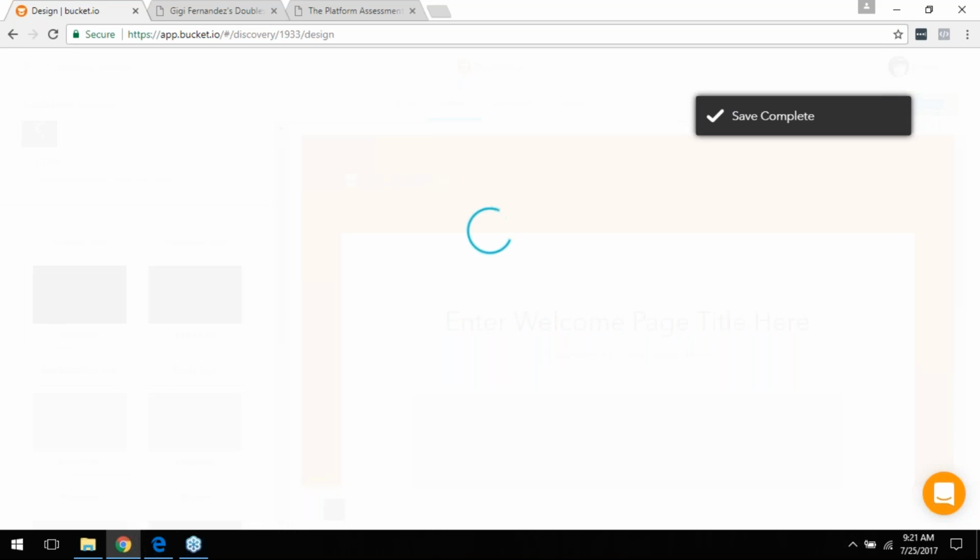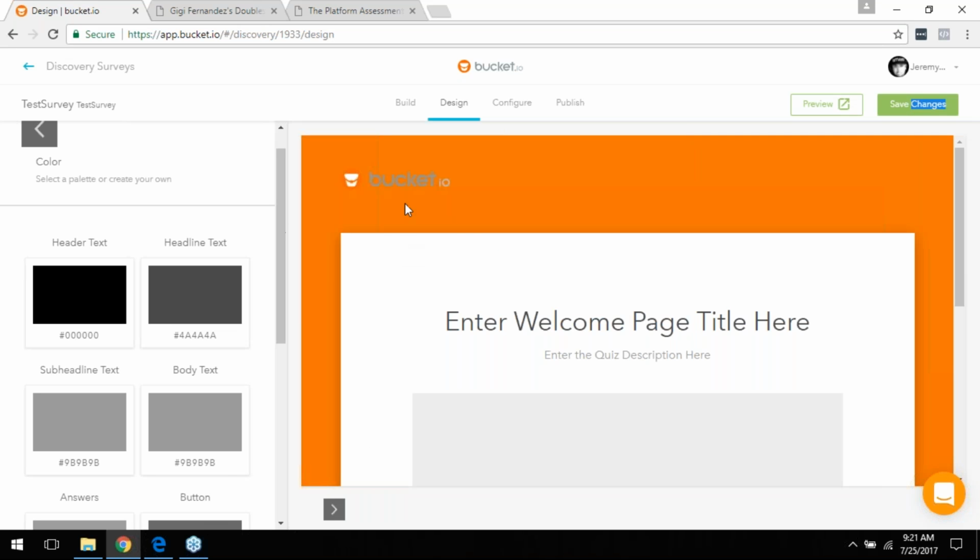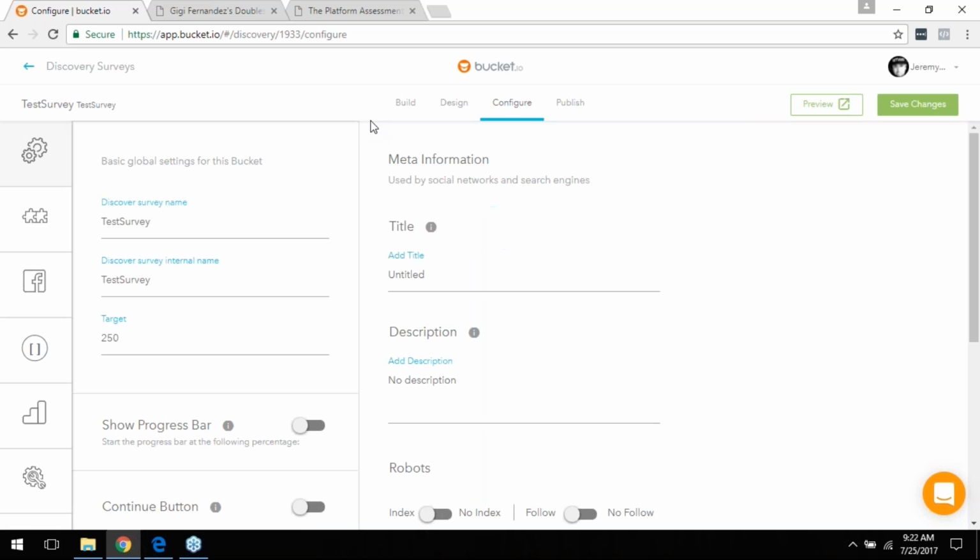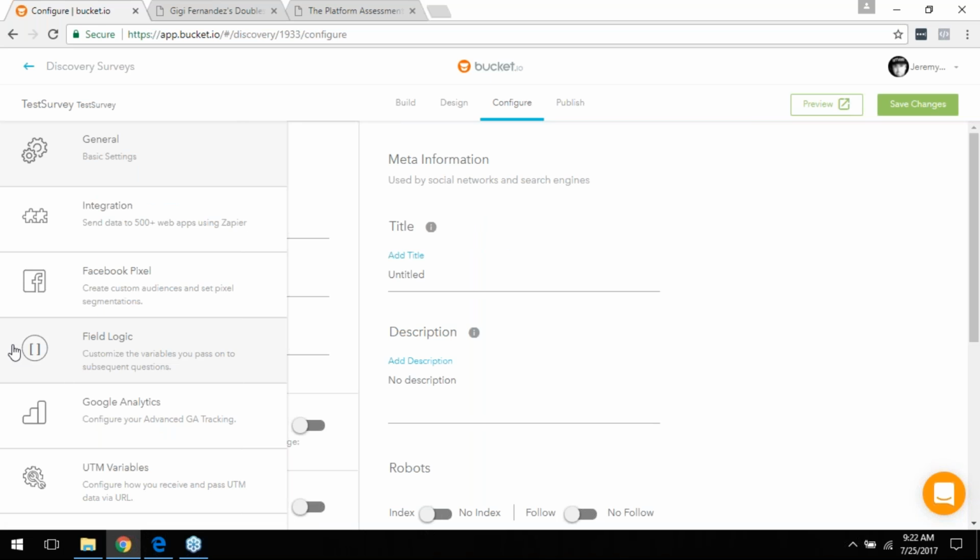And that's it. Once you have added these final design tweaks onto your survey, then the next step is to go into configure. We're going to walk through a couple of things here. So at the configure screen, what you're going to want to do, and you want to make sure you do this every time,